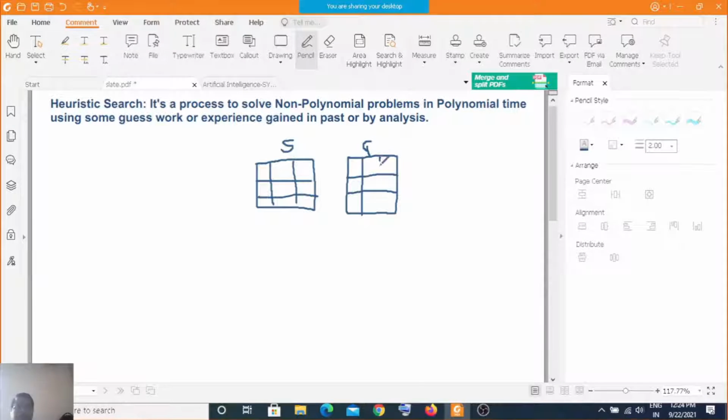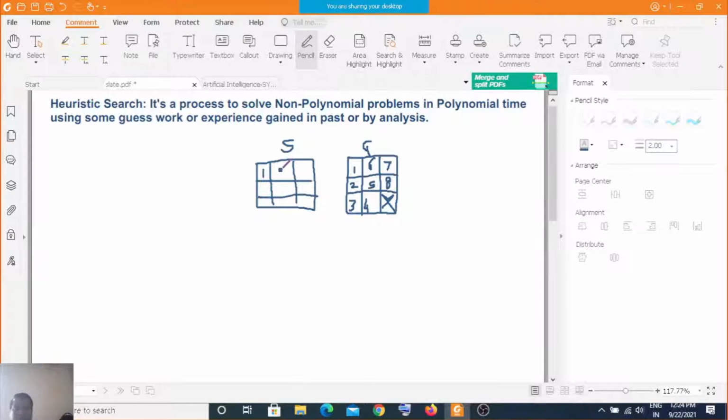In the 8 puzzle, you generally have one empty space. So I'm just showing this empty space here. Let's consider this is the empty space, and here you are having the numbers. So I'm saying 1, 2, 3, then you want 4. This is your goal state. Then you want here 5, then you want here 6, then 7, then 8. This is how you want your goal state to be, and the initial state that you have got is 1,